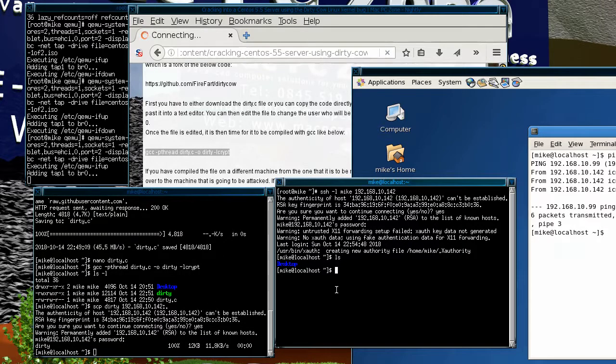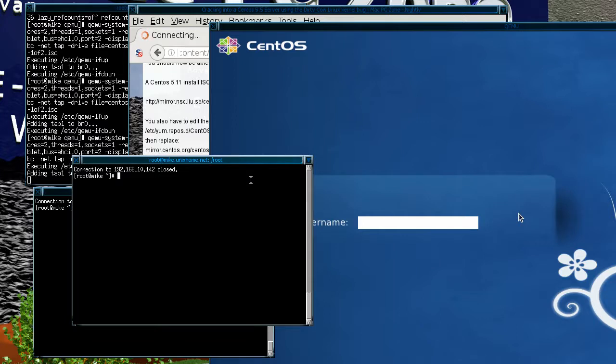Alright, so that file's copied over. So if I check again, okay, you might have just seen a jump in the video. What happened is I tried to run the exploit, because I have to admit I haven't done a test run of the latest kernel, and it looks as if it actually doesn't work on it. So what I'm going to do is show you how it works